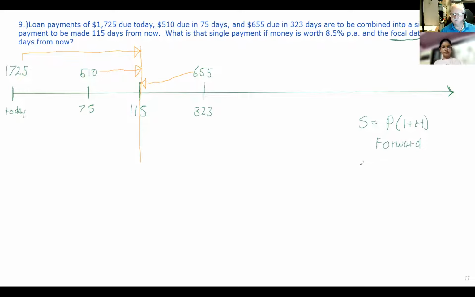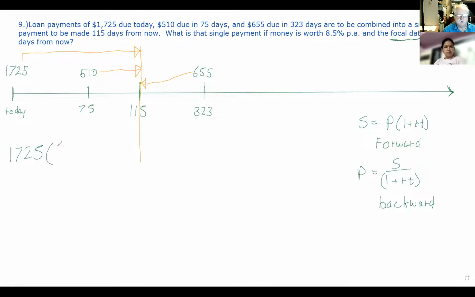And then we have P equals S over (1 plus RT) for moving money backward. So that's all they're getting you to do here is move this money backward and forward in time. And when it's moving forward, it's going to gain interest. And when it moves backwards, it's going to lose interest. So let's start with the